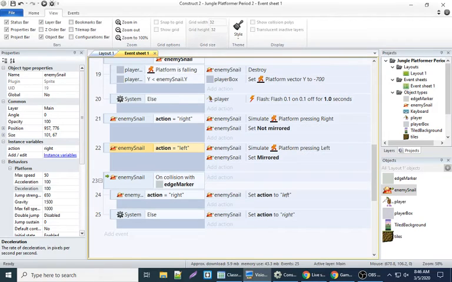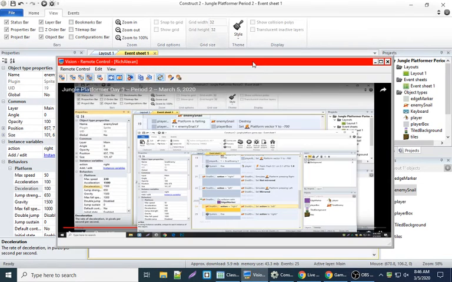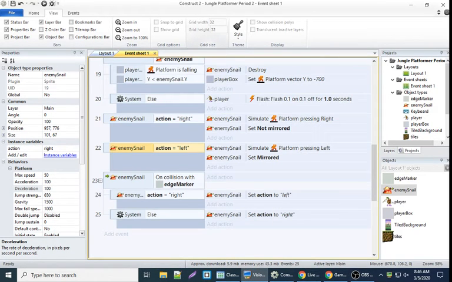You're on mine. Who am I on still? You're on mine. You fixed it up for me though. Oh, well, way to sit there and say that. Sometimes it picks up on the other one. All right, let me look at this again, because now this could be completely different. So on here, snail enemy, instance variables, text right. So right, we're not mirrored. Left, we are mirrored. You don't have to mirror stuff, it works fine when I add the mirror, it like